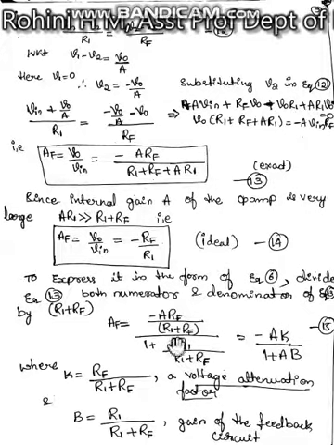So we are redefining RF divided by R1 plus RF as K, and as we know, R1 divided by R1 plus RF is B. So K is written as RF divided by R1 plus RF, a voltage attenuation factor. So this K is referred to as the voltage attenuation factor, whereas B is R1 divided by R1 plus RF, that is the gain of the feedback circuit.